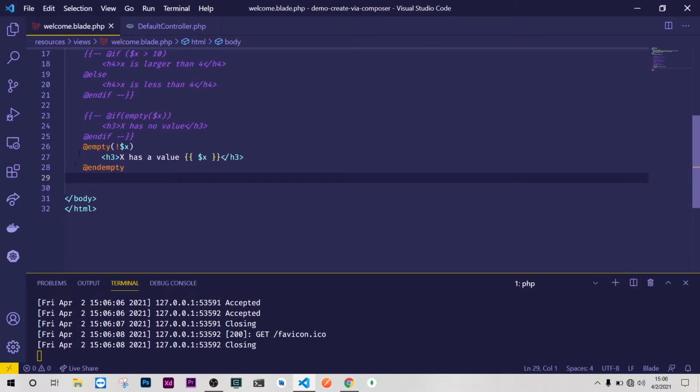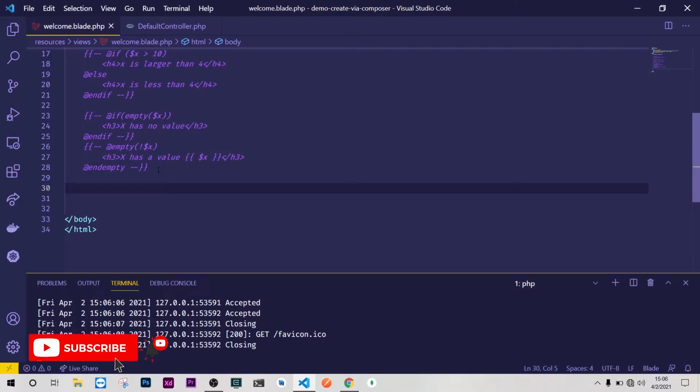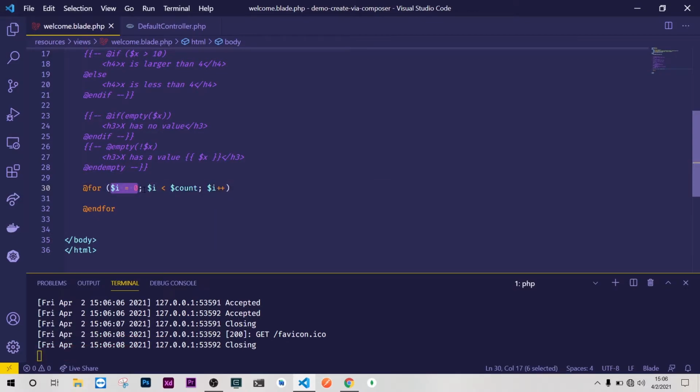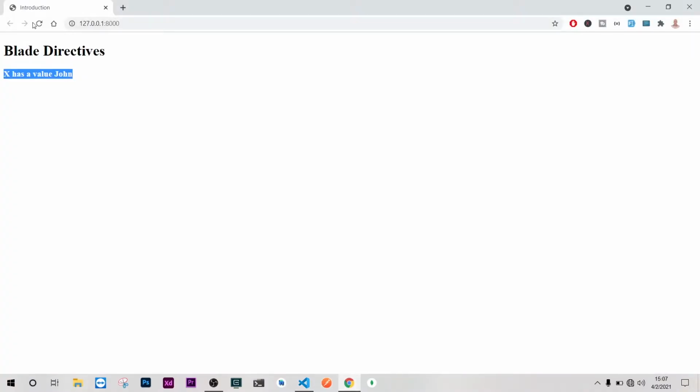So basically this is just very small fundamentals. You can also do the same in order to show or not show something, and you have seen it. Another thing that I want to show you is for i is 0, i is less than count, so you can change maybe this count to something like 5. Then here we can just say h4, and we can just say value is, and here you can have i, like that. So let's run this, and we have 0, 1, 2, 3, 4, 5